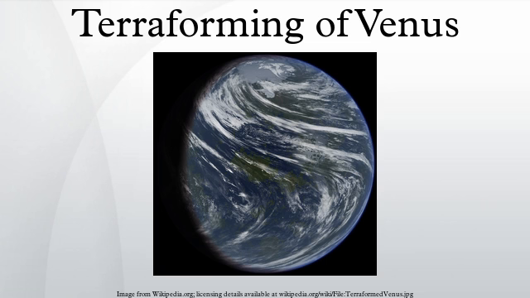Landis calculated that to lower the pressure from 92 bar to 1 bar would require a minimum of 2,000 impacts, even if the efficiency of atmosphere removal was perfect. Smaller objects would not work either, because more would be required. The violence of the bombardment could well result in significant outgassing that would replace removed atmosphere.